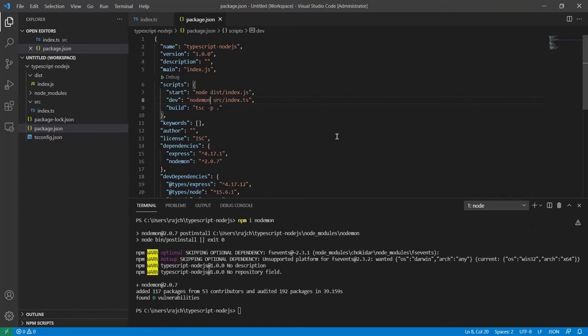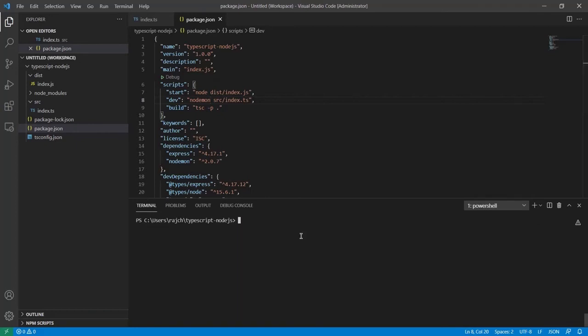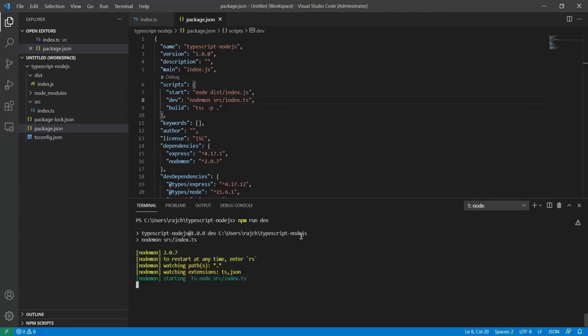So you can see the installation is complete now, and I'm going to run this project using npm run dev. Now you can see our project is running at port number 3000. The application is listening on port 3000, and currently this is running using the ts file. You can see it is running our source code, the code which is present inside the source folder. So actually what we are doing in this project is writing the code as a TypeScript file.